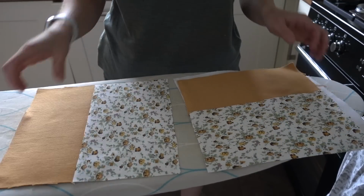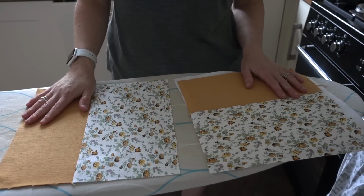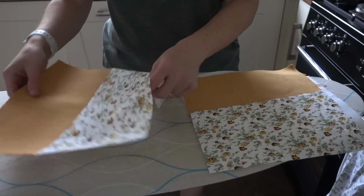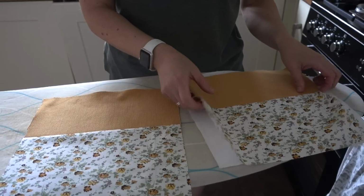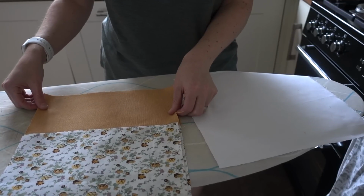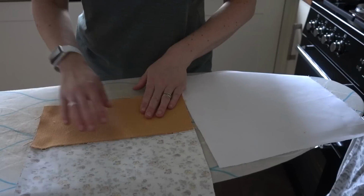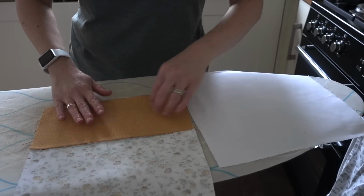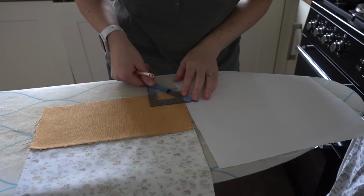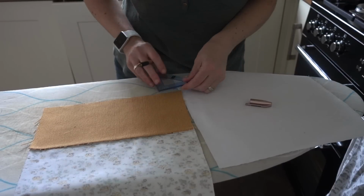Now the next thing we need to do, you could go ahead and sew it together as it is, but I want to create a boxed bottom so it just sits nicely when it's finished. And I'm going to do this in another crazy way that you're not supposed to do it. I'm going to put my two main outer pieces together and turn it so that the wrong side is facing me. I'm going to get a set square. I think I'm going to do a box bottom of 1.5 inches. So I'm going to measure in 1.5